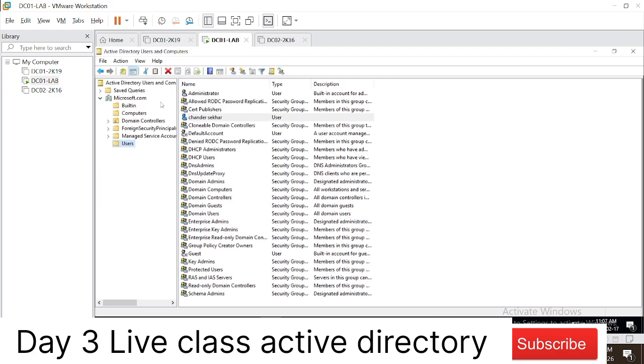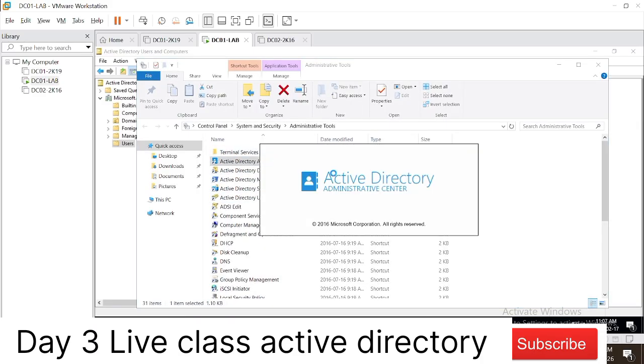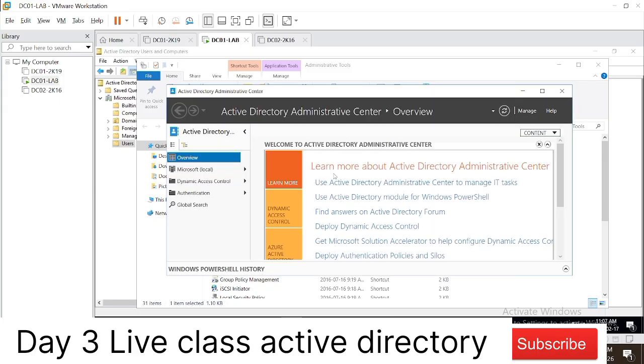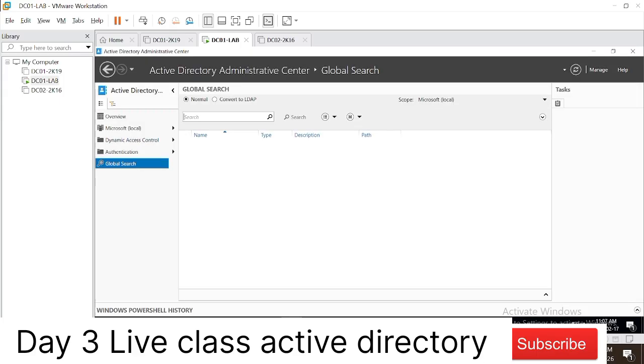So now we have Chandrasekhar, and if I open Active Directory, another tool, Active Directory has so many tools. This is the tool where we can see the attributes, and I'll show you what ID it has assigned automatically. This is also one of the Active Directory tools. If I search Chandrasekhar here,